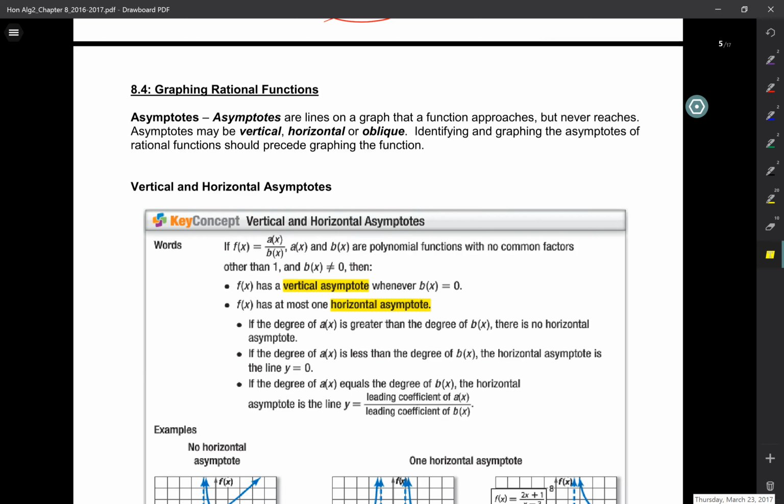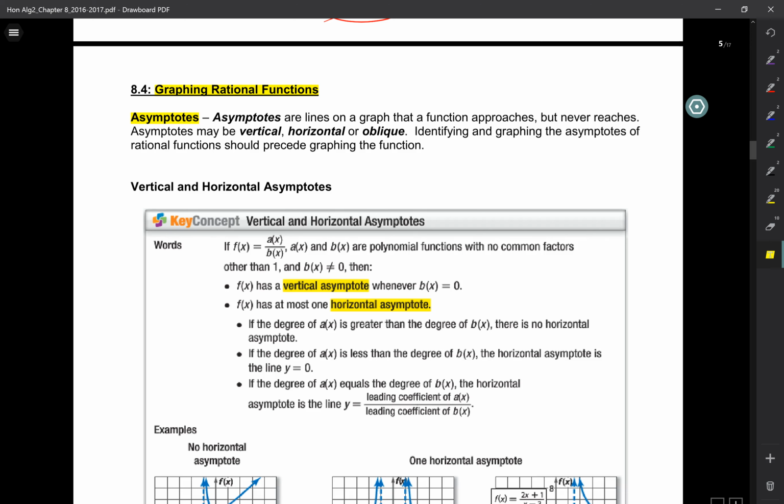When we begin talking about graphing rational functions, we realize that rational functions have asymptotes. And remember what asymptotes were? Asymptotes are lines that the graph comes exceedingly close to but never touches. Okay? Now,